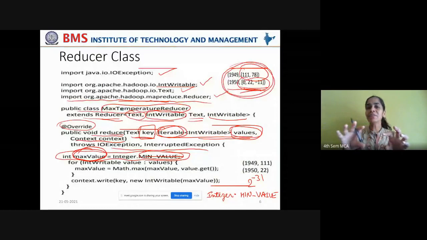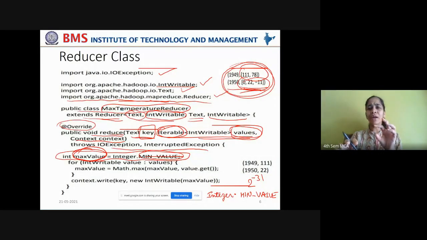Finally, after this max value is compared with every element of the list of air temperatures in a particular year, that max temperature will be captured and taken as the final maximum air temperature recorded in that particular year. Got it? For that, we are assigning this value, Integer.MIN_VALUE, 2 power minus 31, to the max value variable.